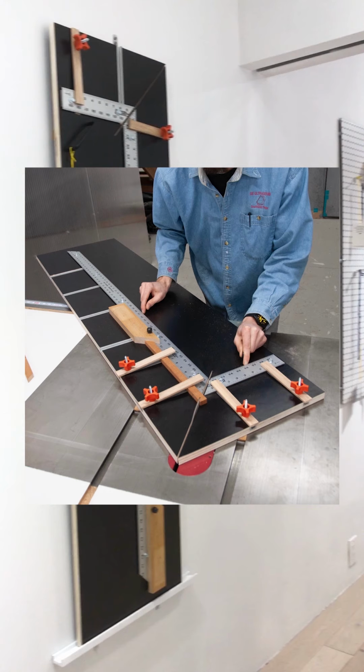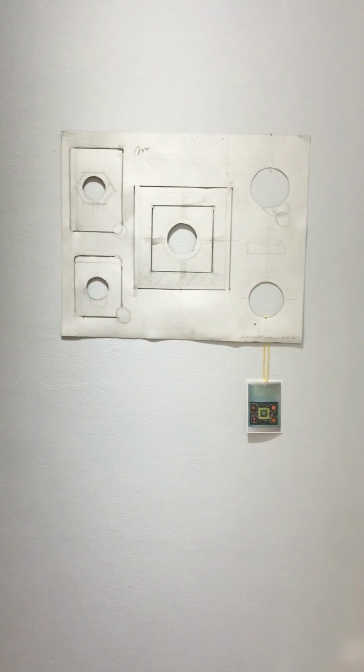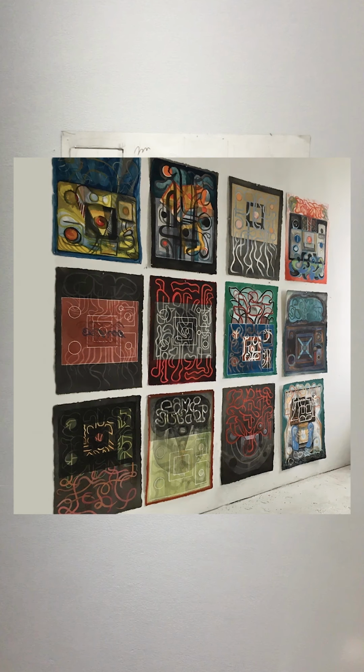cuts at repeatable lengths. Next to the Miter Sled hangs Template for Intersection series by Marty Homer. This paper template was made to create a set of paintings titled Intersection series. The template represents a schematic for a launching device, such as in a nuclear code box. The Intersection series is about a battle between nature, represented by spontaneous calligraphic lines, and that which is man-made, the